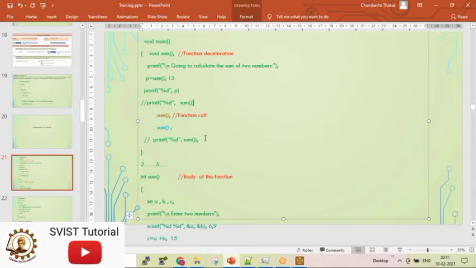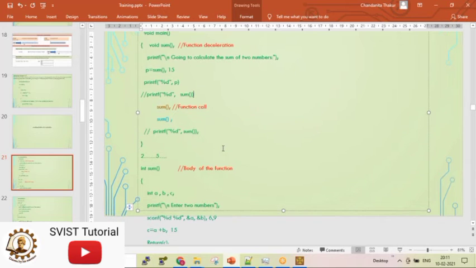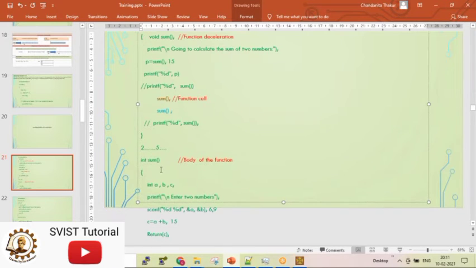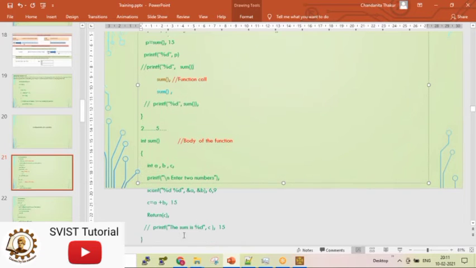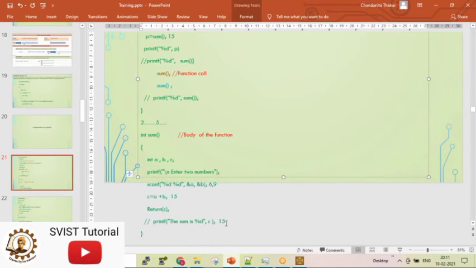Okay. Ma'am, how did void sum change to int sum? No, void sum is not changed to int sum. I have changed it to int sum because when it was void sum, it was not returning any value. It was just printing the value from inside the function. Now I want the value to be returned from the function to the main function. My printf will be there in the main function.